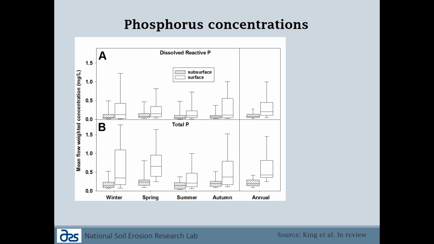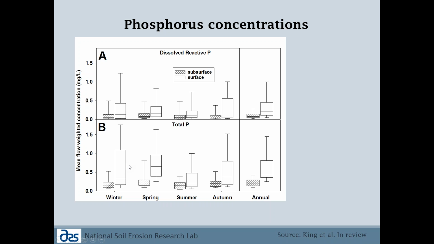So looking at just a big picture view again of phosphorus concentrations across all of these sites, and we have this broken down by season. And this is the mean flow-weighted concentration of both dissolved phosphorus and total phosphorus. And again, the subsurface tiles are the hashed box plots, whereas the white ones are for surface runoff. And you notice two things here. One, the boxes for surface runoff are generally higher than those from the subsurface tile drains for both dissolved P